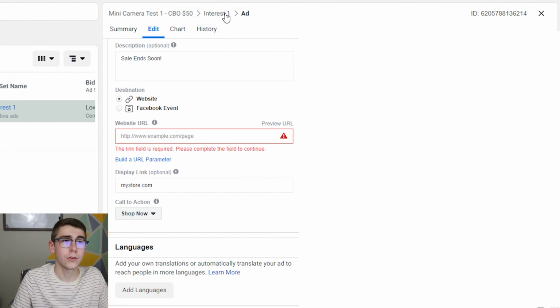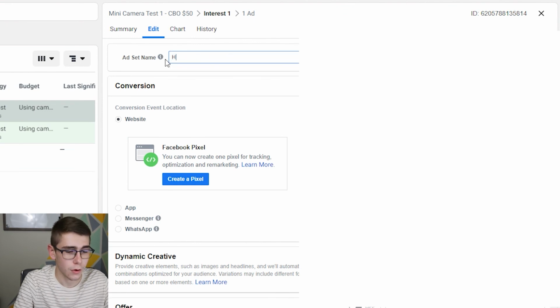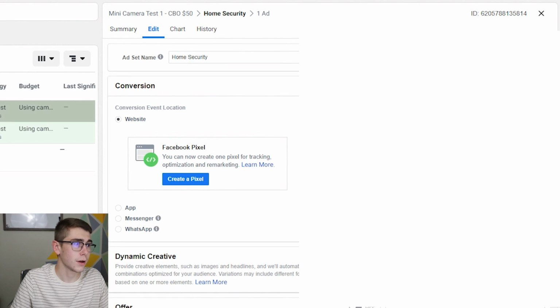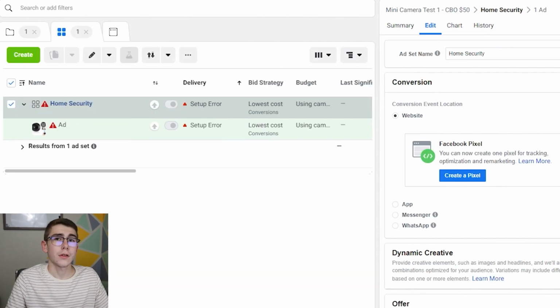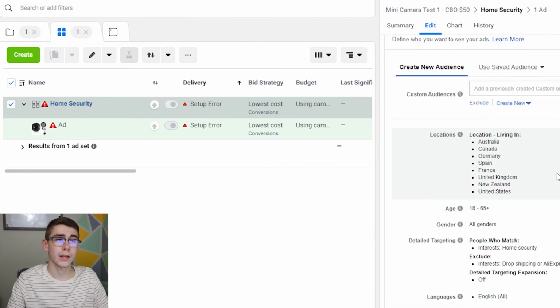From here, I'll go back to interest 1, and since that was home security, I'll go ahead and change the name of that. It's not letting me right now on my disabled advertising account, but from here I would just click duplicate ad set, and depending on your budget you'll put in the number of copies you want. So in this case I would be testing 5 different interests with $10 a day going to each with that $50 CBO. So I would go ahead and create 4 copies, and then I would just scroll down on each copy